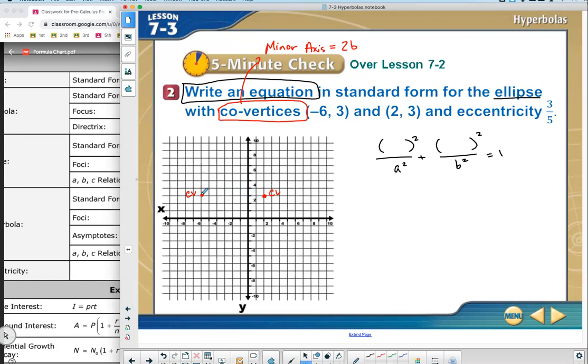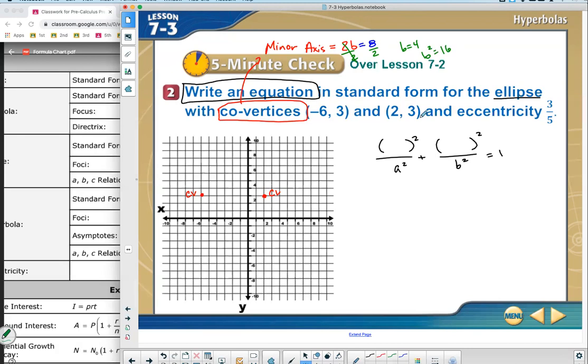This point is 6 units to the left. This one's 2 units to the right. How far apart are these 2 points? If this one's 6 left and this one's 2 to the right? 8. So if 2b equals 8, what does 1b equal? B equals 4. And b squared equals